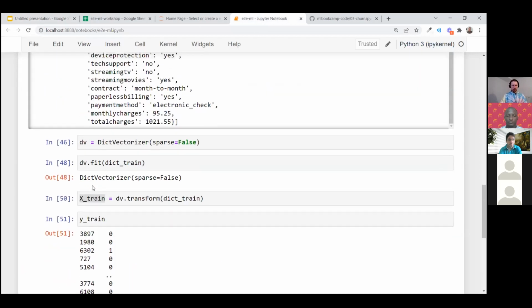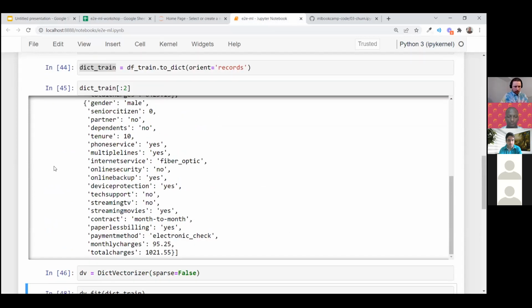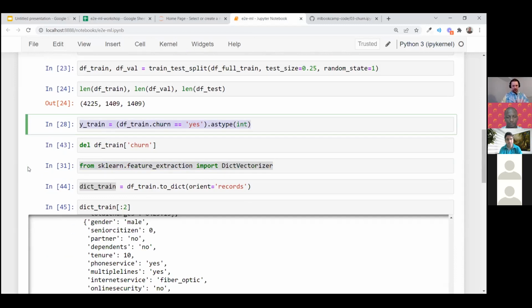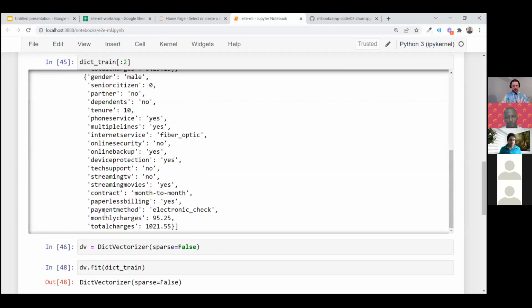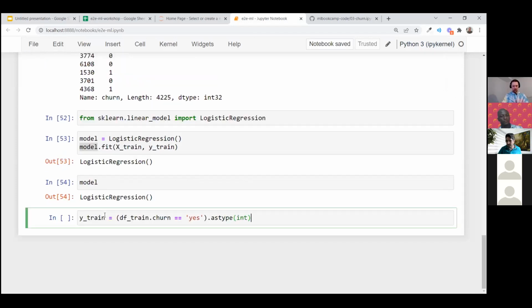So I will do this right now. I want to do the same thing I did with train, but now I will apply this to validation. First I need to get the target variable, and we will use that to see if the predictions coming from the model are actually correct.